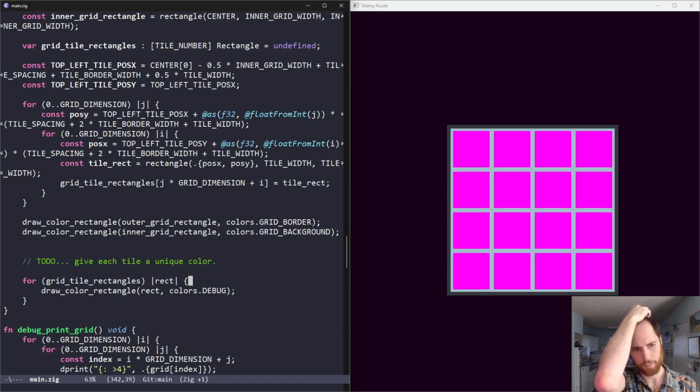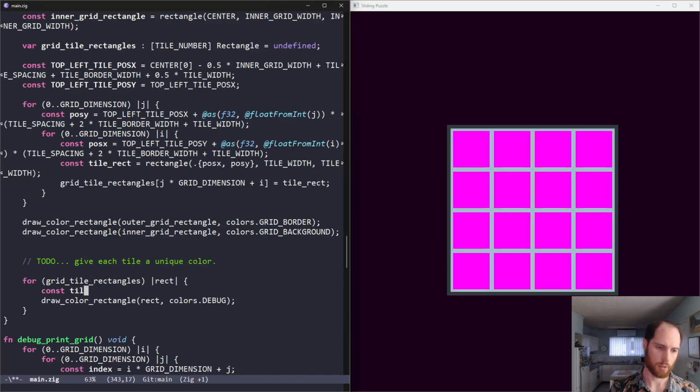And, oh, in order to, okay, we're gonna have to construct, for each of these rectangles, since these are the tiles, we want to draw the tile border. So we actually want tile border rect is equal to rectangle, rect.pos